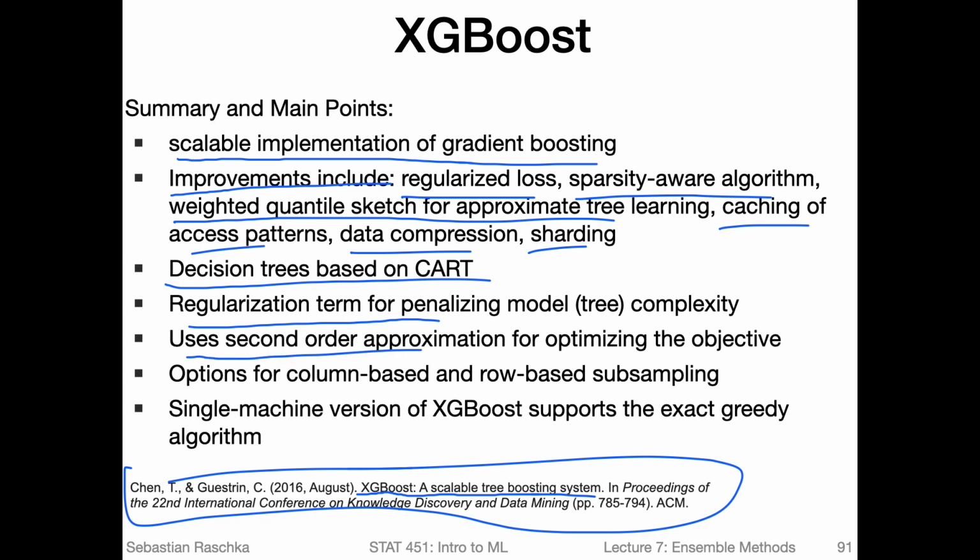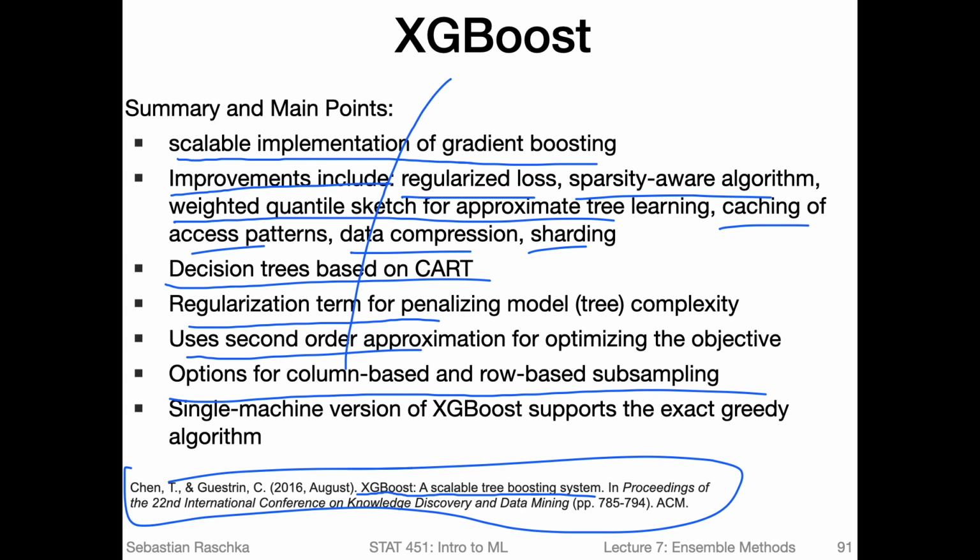They also use second order approximation instead of just the first order stochastic gradient descent. They use a second order approximation for computing the gradients, or minimizing the loss function, I mean. Then they have options for column-based and row-based subsampling. So column-based subsampling,